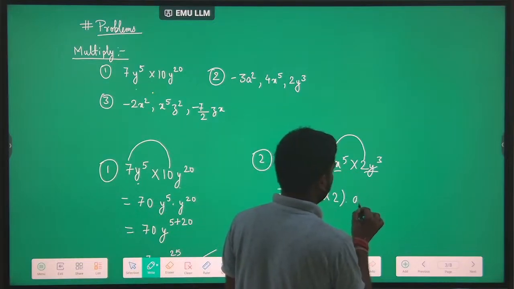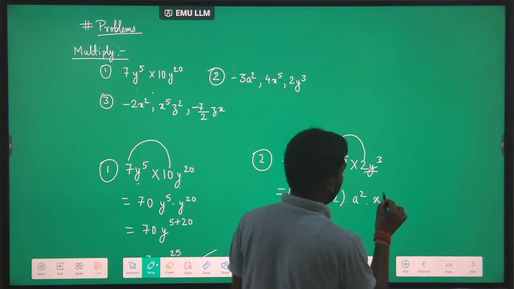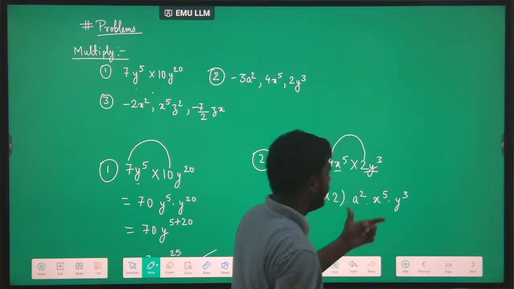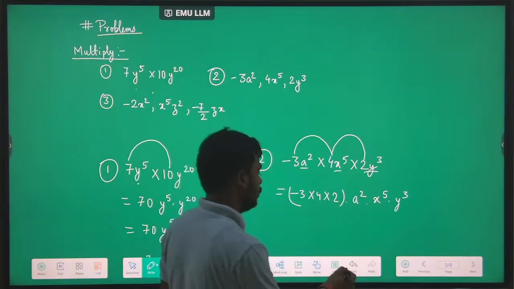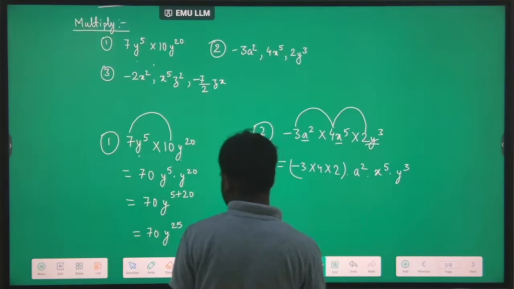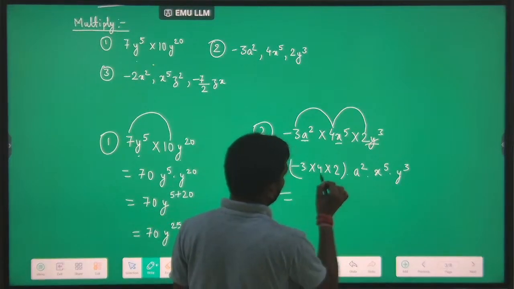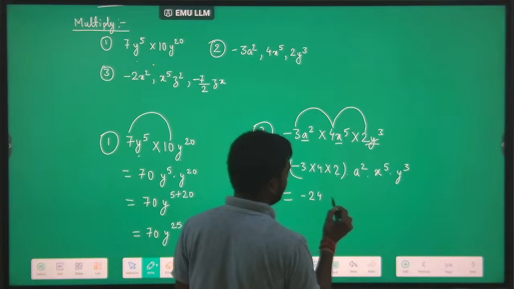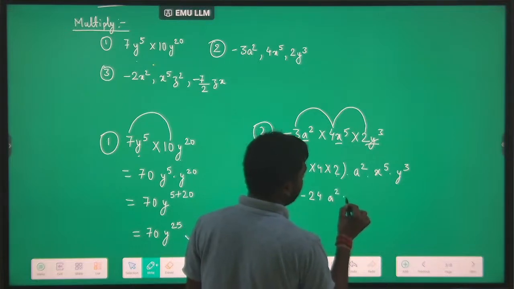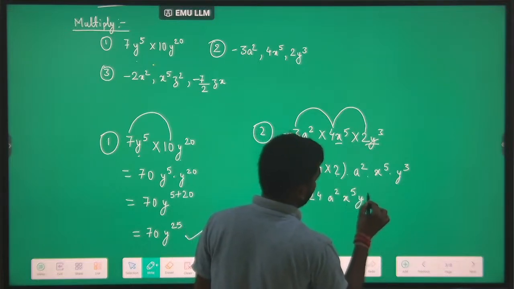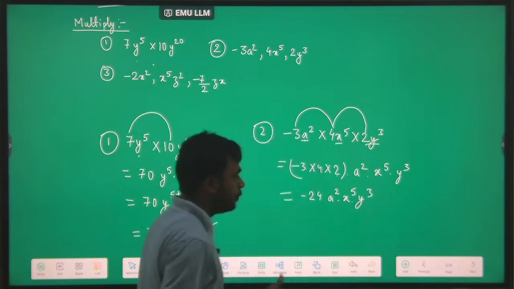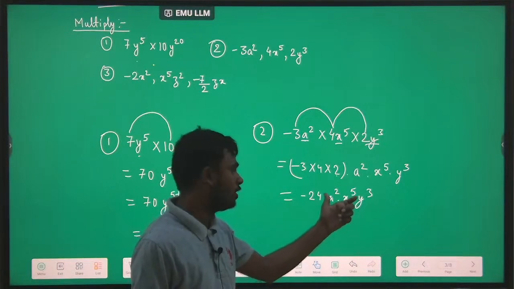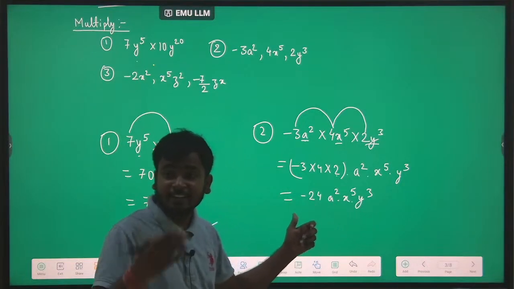So this a square will be a square, this x to the power 5 will be x to the power 5, and this y to the power 3 will be y to the power 3. So the solution for this question will be equal to 4 into 8, 8 into 3 is 24, so it will be minus 24 a to the power 2 x to the power 5 y to the power 3. All are under multiplication because all the variables in these terms are different. Okay,